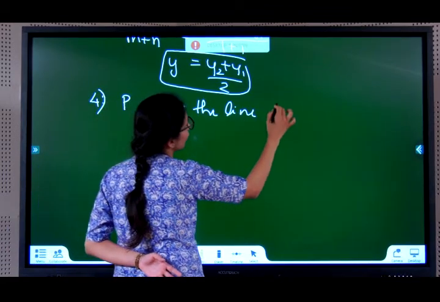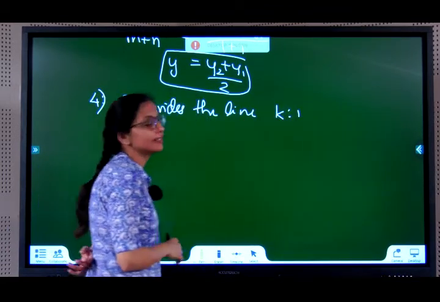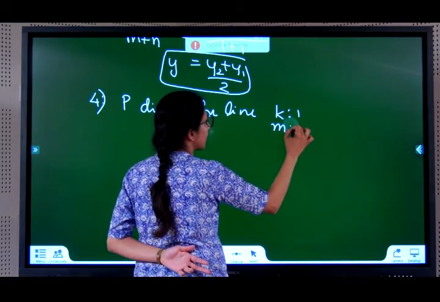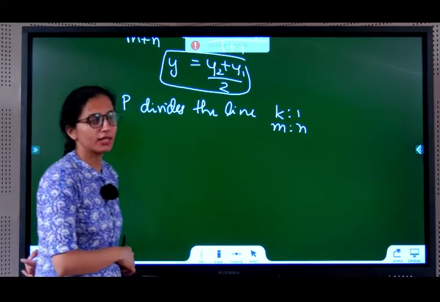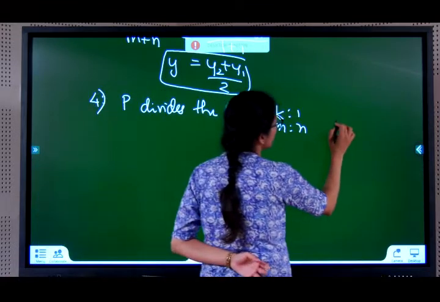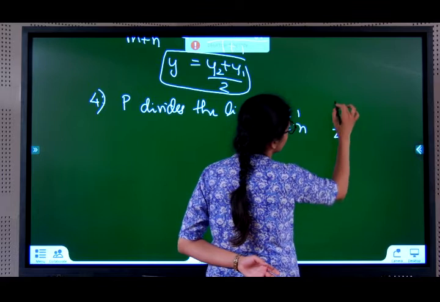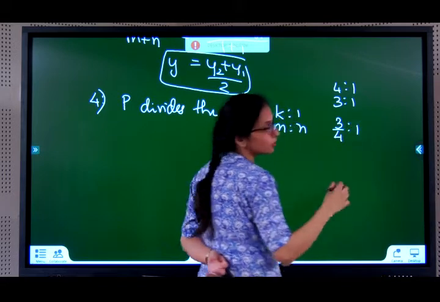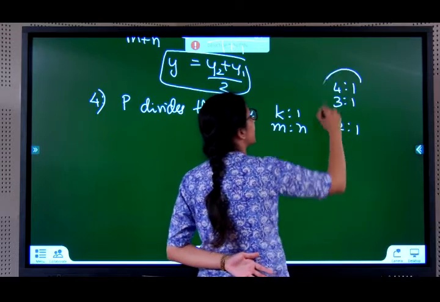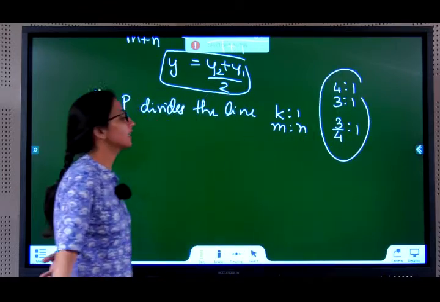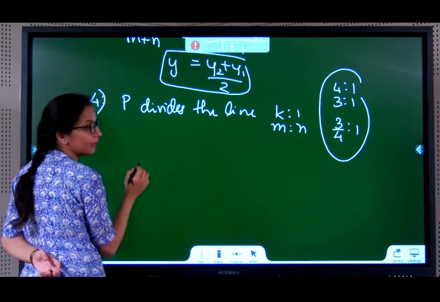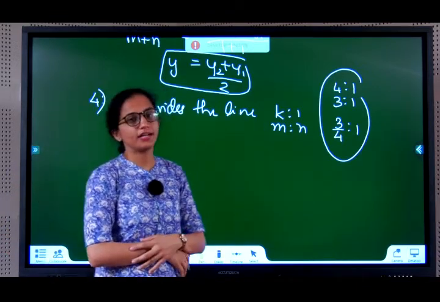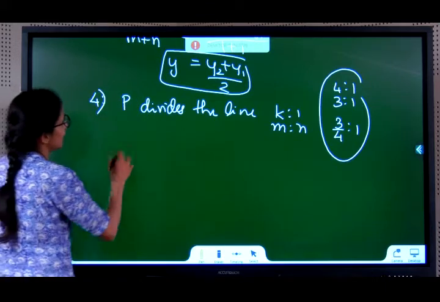The fourth type that we study here is P divides the line in the ratio of k:1. Instead of m:n, k:1. So what is the value of m here? K. What is the value of n here? 1. K can be anything. It can be a constant. It can be just 3:1, 4:1, or it can be 3 by 4:1. That is also valid. It can be any number. Okay. So we are taking k:1 here. So what will happen? We use this because it is easy to solve problems. You will see when I do a problem.